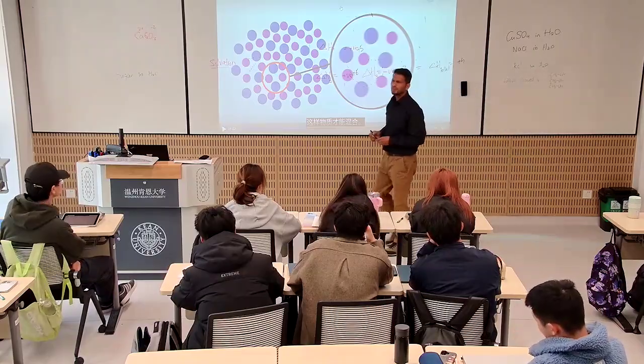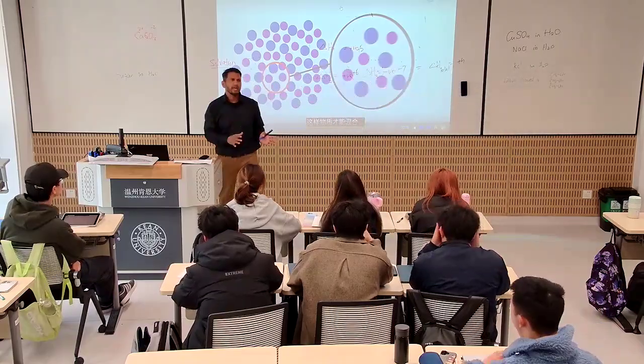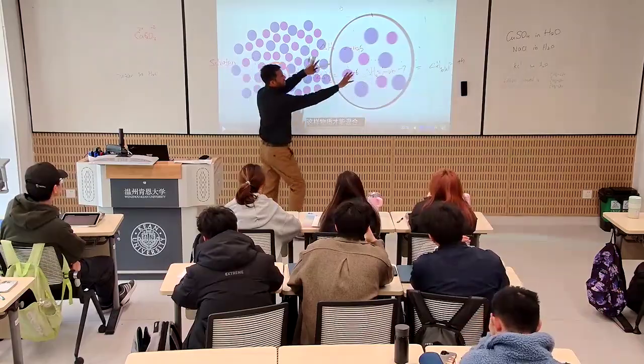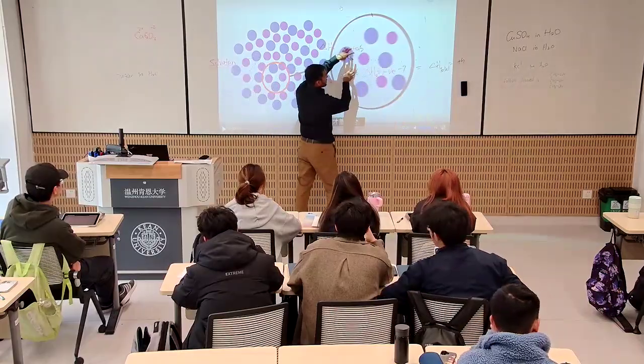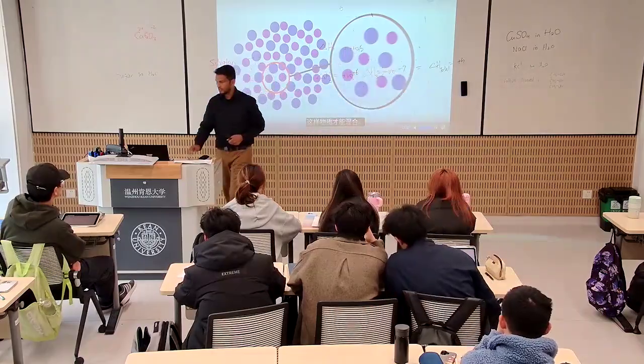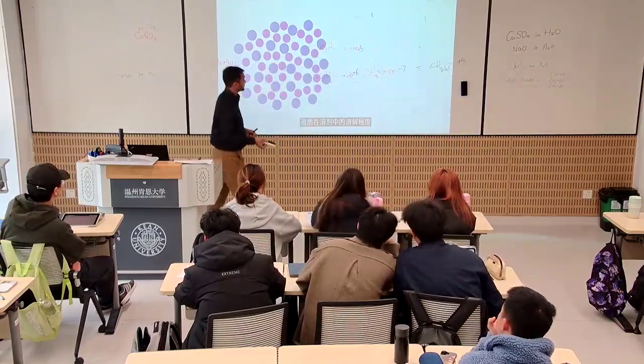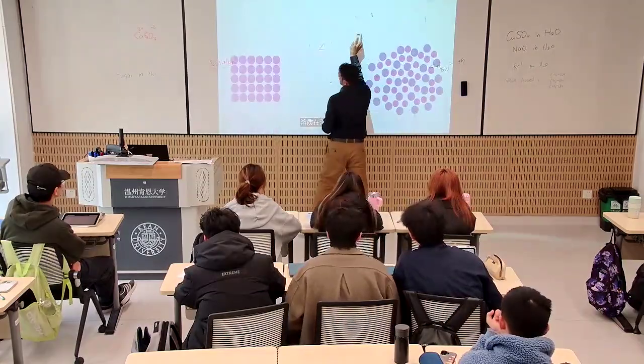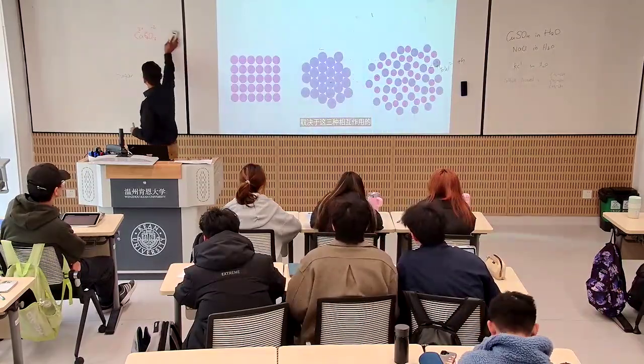It means solution formation is sometimes endo, sometimes exo. It depends upon these two factors. If this is more, it is an endothermic process. If this is more, it is an exothermic process. Simple. Okay. The extent to which a solute can dissolve in a solvent depends on how strong these three types